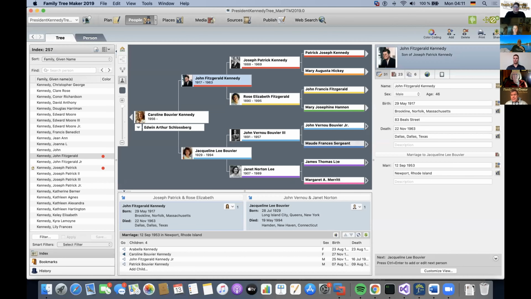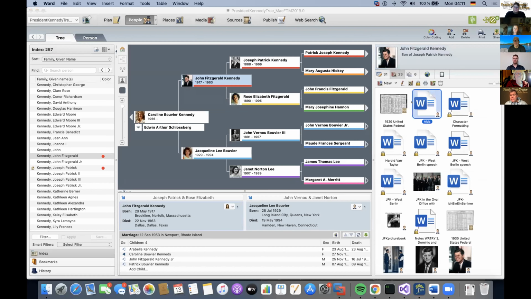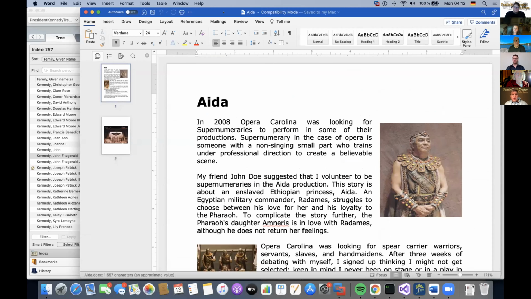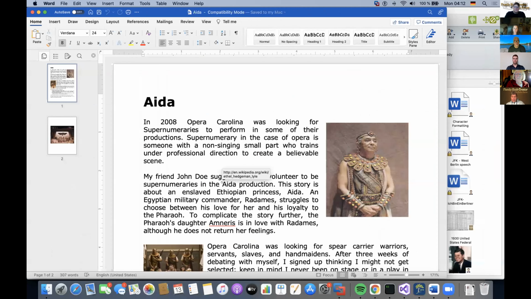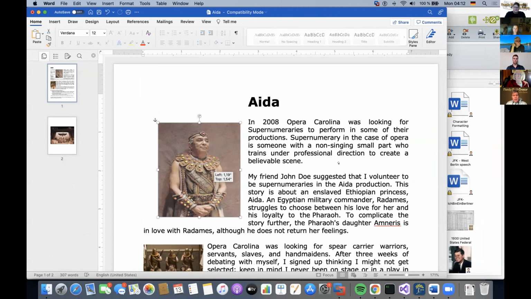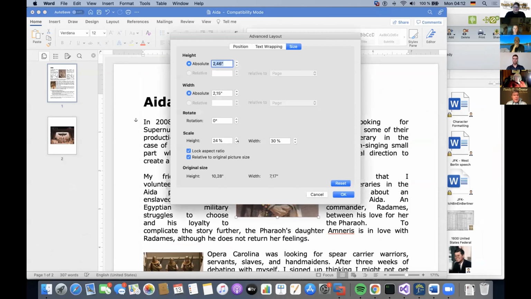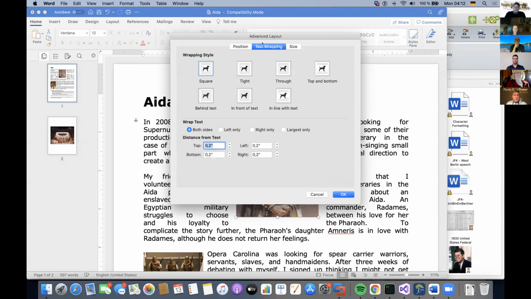Okay. This is Family Tree Maker running on a Mac. I think I have this document here. It's just a sample. And usually if you just enter an image, it's going to flow somewhere in the text, right? If you set it so that the text is going to flow around, you need to specify where this image should go, right? And if I specify in Word how the text wrapping is done, I could tell Word to,